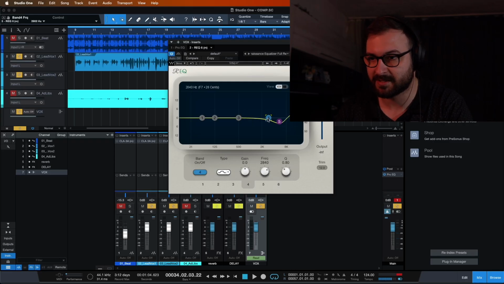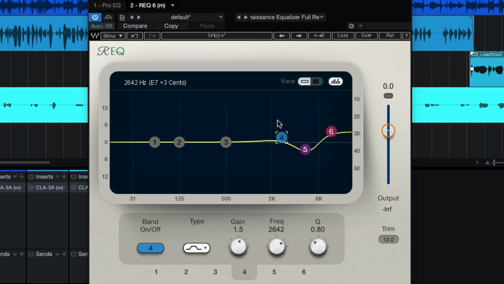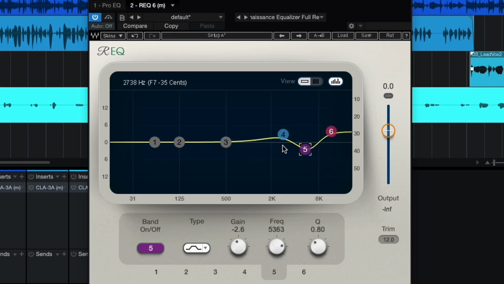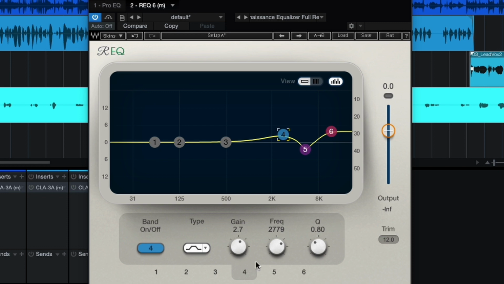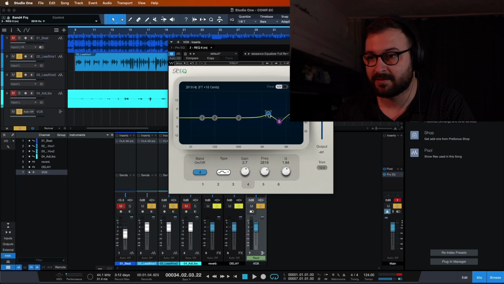So I'm going to take this 4th band. I'm going to boost a bit here at around 2.7. As you can see, this 5th band is interacting quite a bit with this 6th and the 4th band. So what I'm going to do, I'm going to modify this Q, and by making it bigger, I will actually make the bell thinner. And this is very helpful because right now, this 4th band, I can make it a bit bigger as well. And now there is not that big of an influence over this and this. Alright, so as I said, 2.8, maybe 3K.